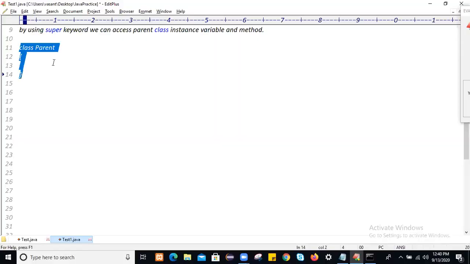So what are the members of the parent class? We have a variable, then a method, then a constructor, and then a block.